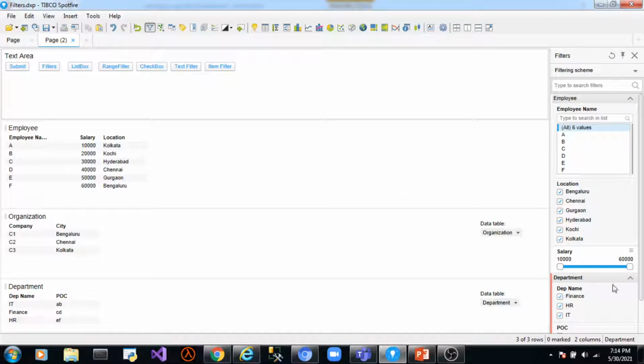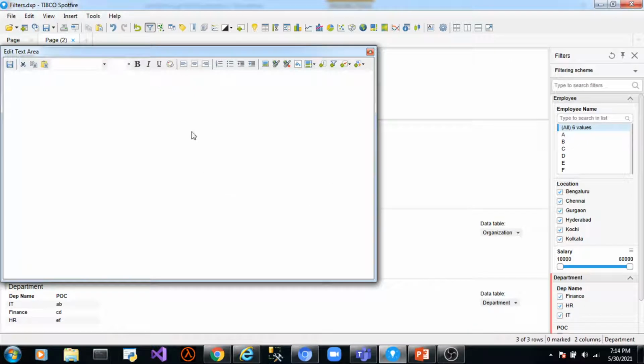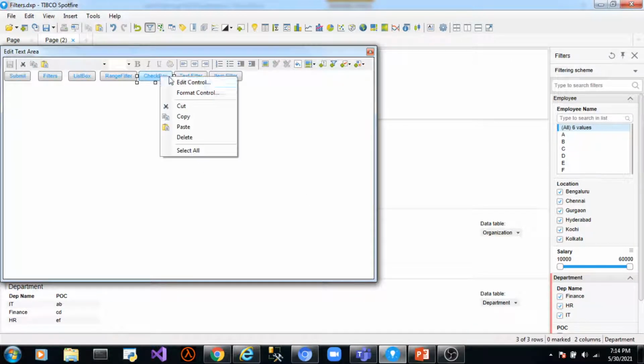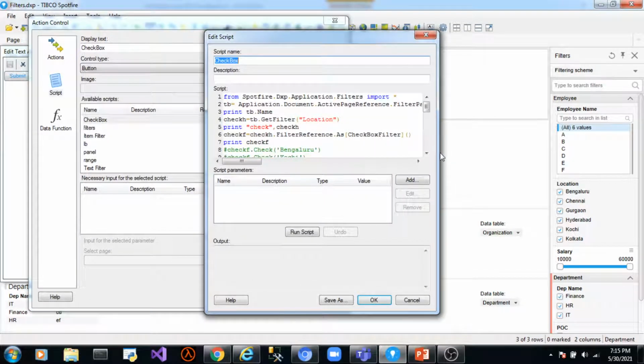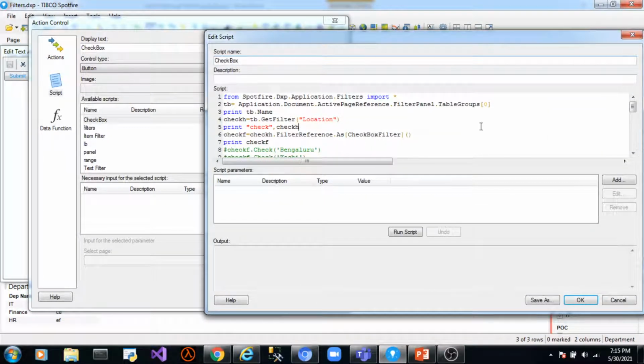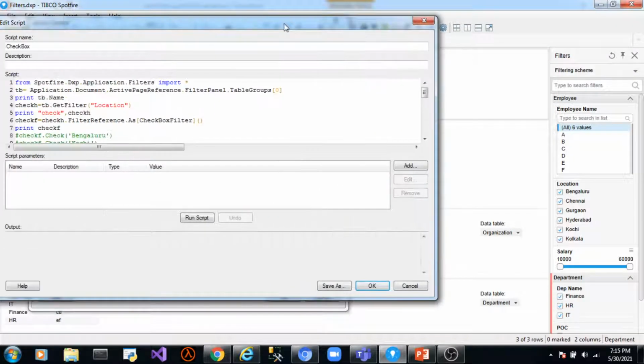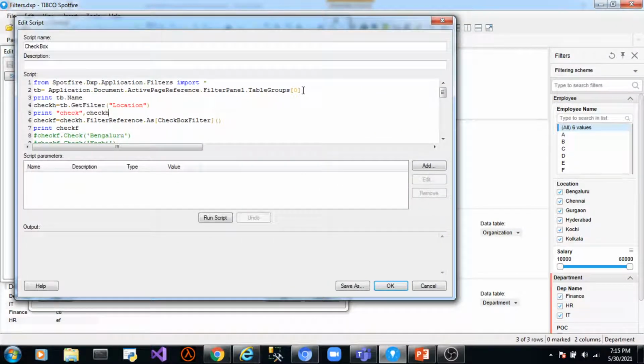Now let's go to the checkbox filter. Okay. Steps are the same. We first grab an instance of the table group which the checkbox filter is a part of.